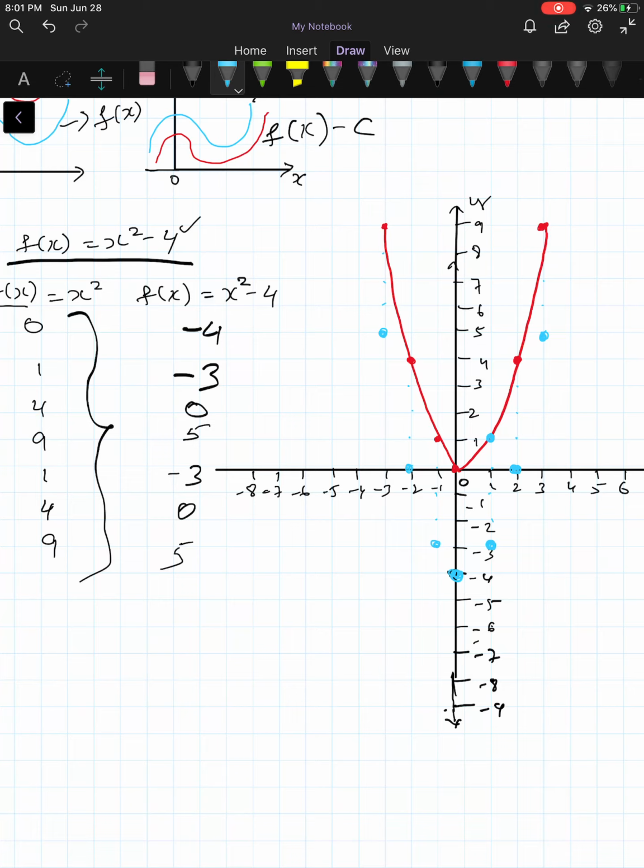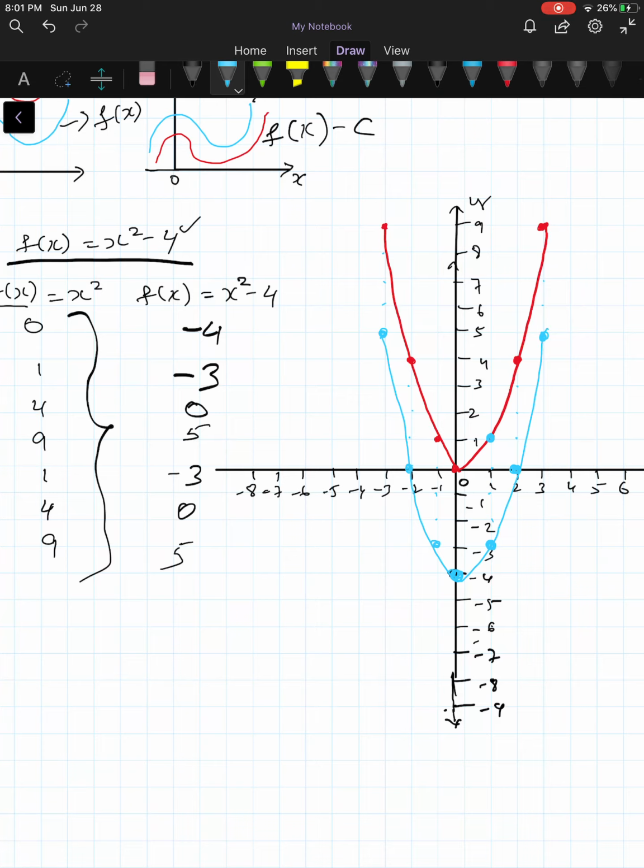So the one that I have marked in blue, I have just shifted all the values of the red points, so the points in the red, to 4 units below the original graph, because the given graph has a negative, that means a constant being subtracted from the original graph. Therefore I shift all the points of x square below 4 units. So now if I join the points in blue,